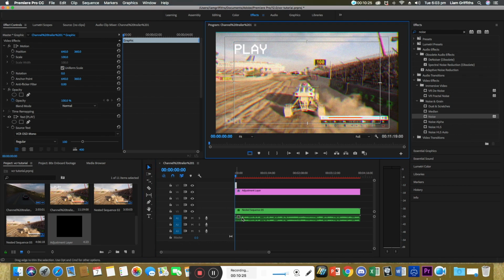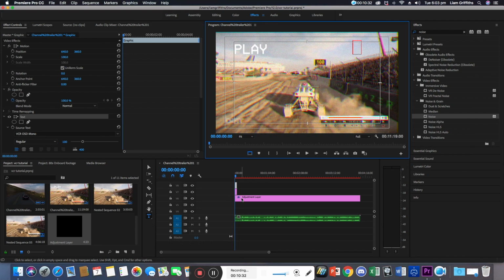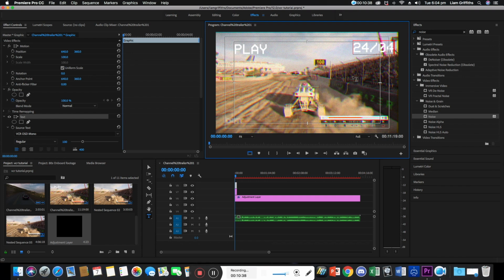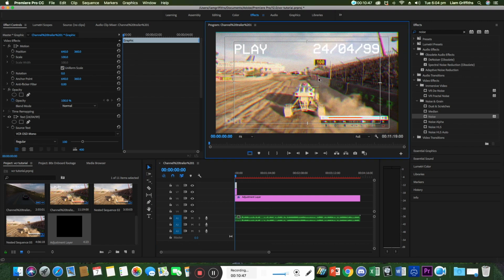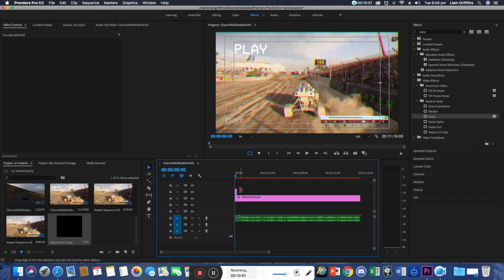And what you're going to do is select off that and then create a new text here, and then just type in your date, which is 24th of April 1999. Then just drag that into your safe margin and just drag both of these